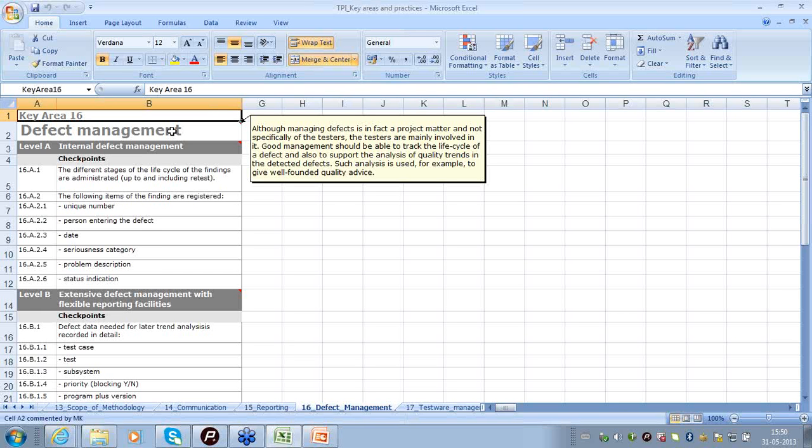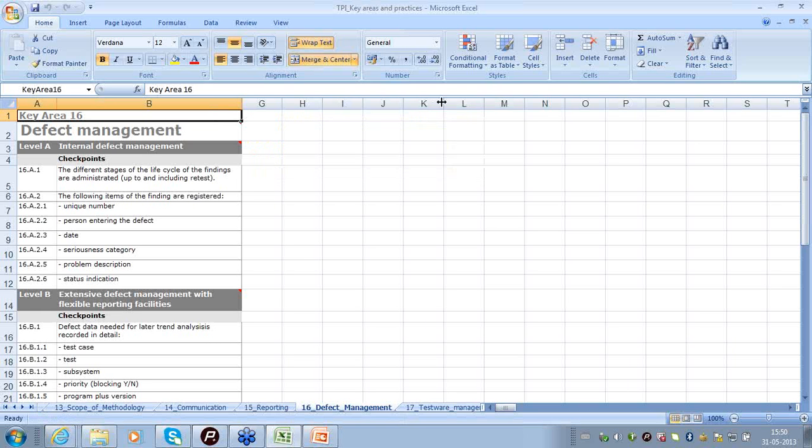Somebody else might be interested in the defects found with respect to various features and so on and so forth. So basically the defect management key area recommends that the reporting mechanism should be so flexible, and it can be flexible only if the defect management system itself is disciplined, structured and in order.